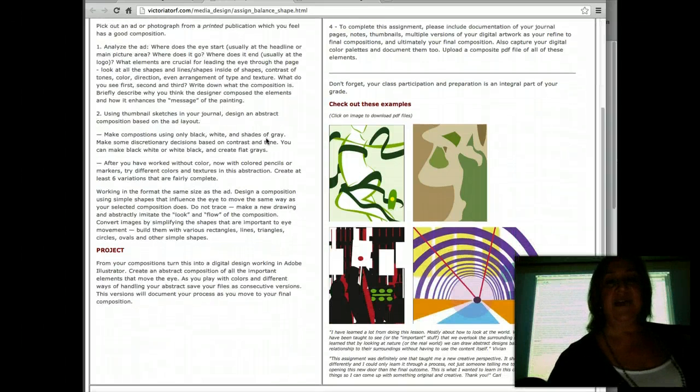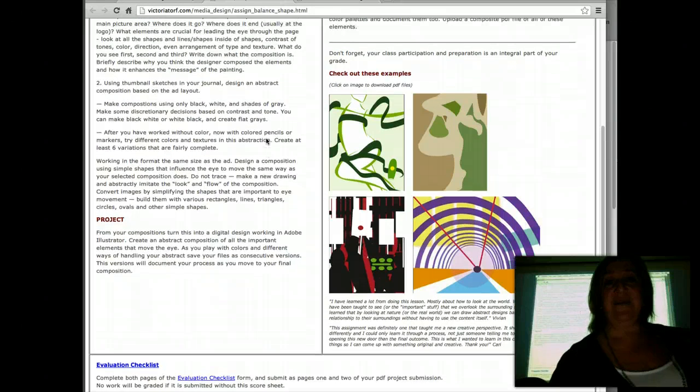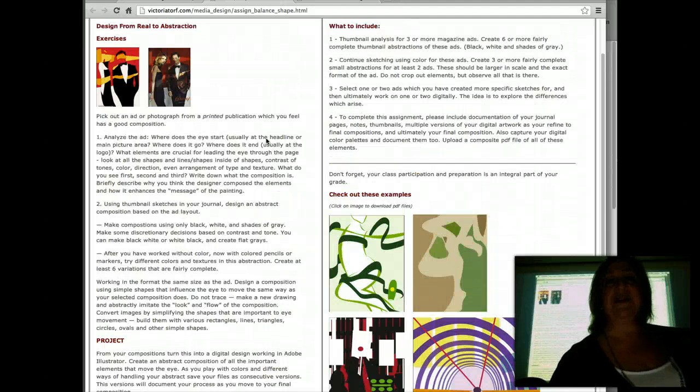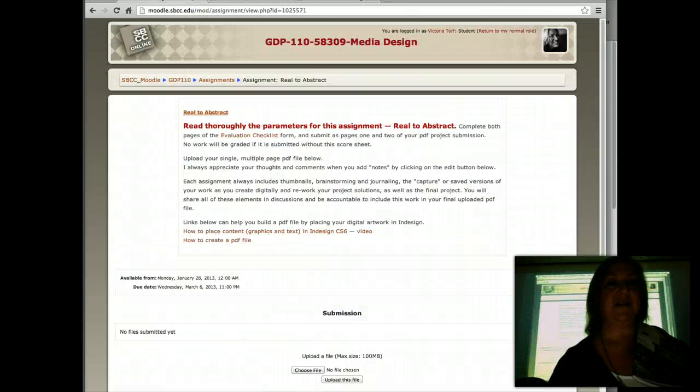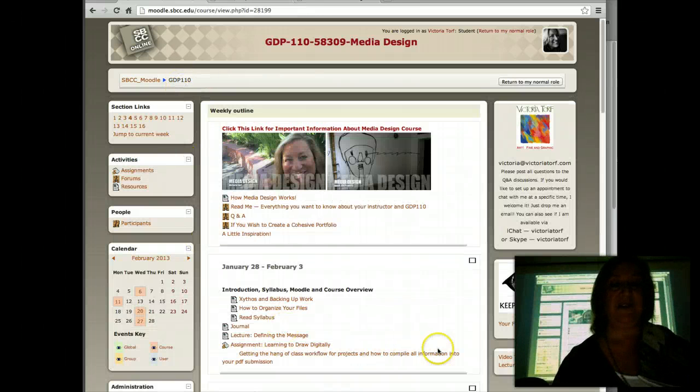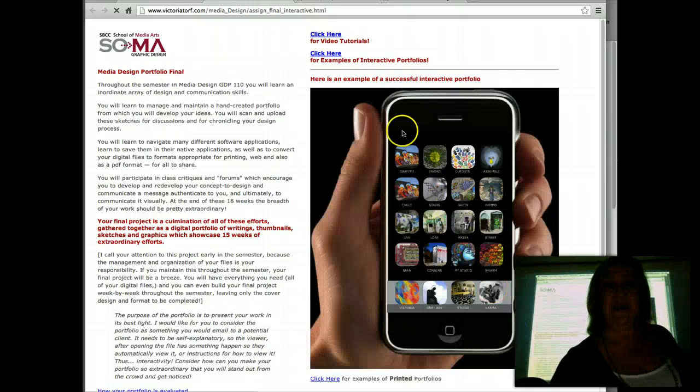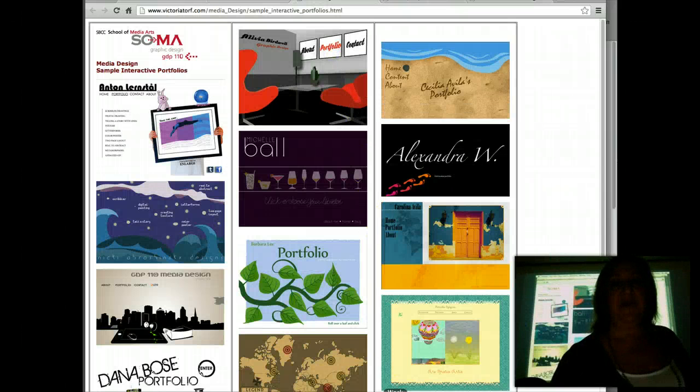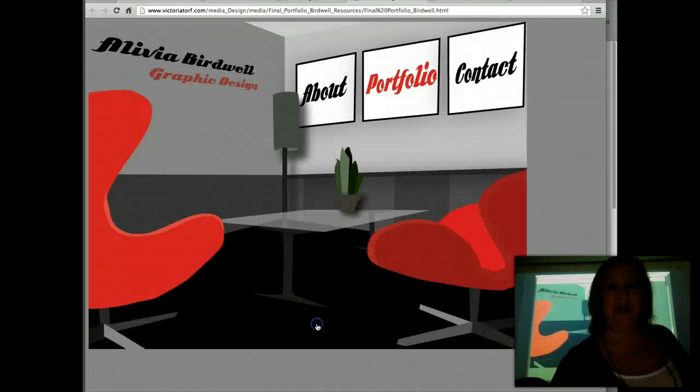I will try to upload more successful examples, because for some reason I haven't changed this page with more successful illustration work. But if you go, for example, to people's final projects, you might get more examples than I have here. So for example, if you went to people's portfolios and looked at them, let's go to this one and let's skip her intro.